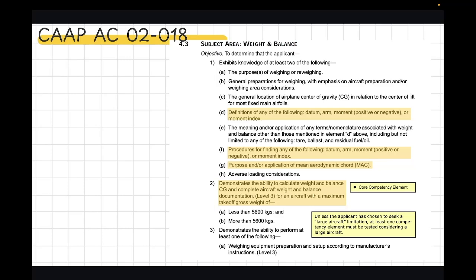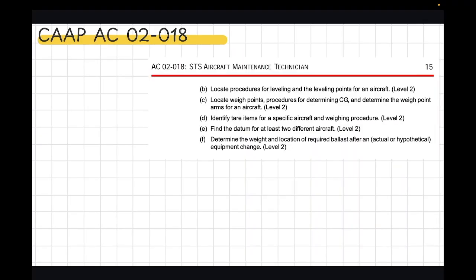And then, ayun, so number 2, ang mahalaga is that we demonstrate the ability to calculate weight and balance, CG, and complete aircraft weight and balance documentation for level 3. And for an aircraft with a maximum takeoff gross weight of 5,600 kilograms, less than, and then more than 5,600 kilograms. And here's the rest of the